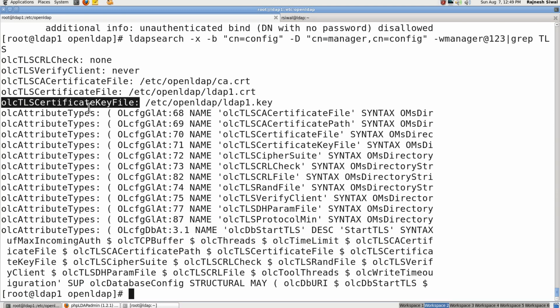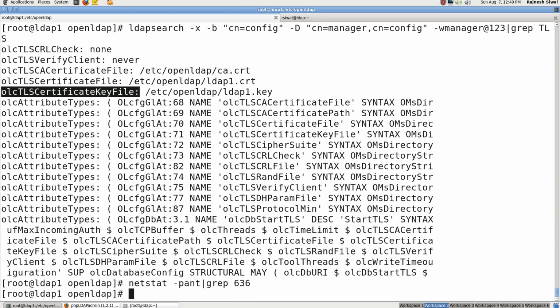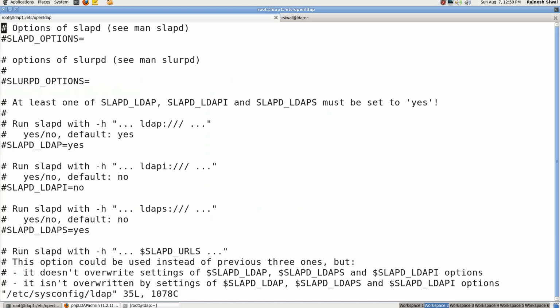Perfect. But till now it's not listening on port 636. So let's tell slapd, in sysconfig ldap, to listen on LDAPS.